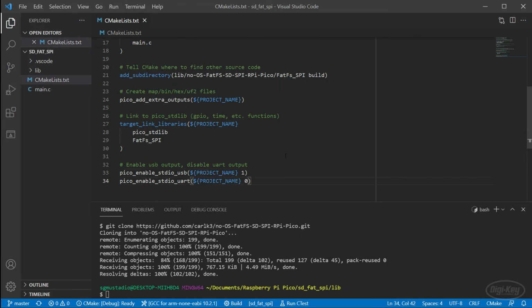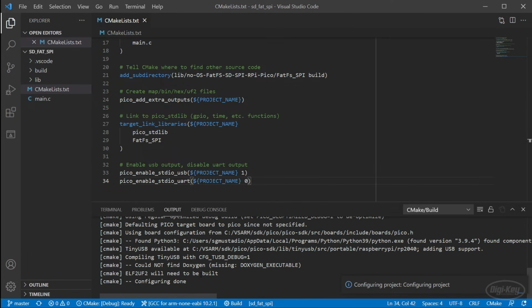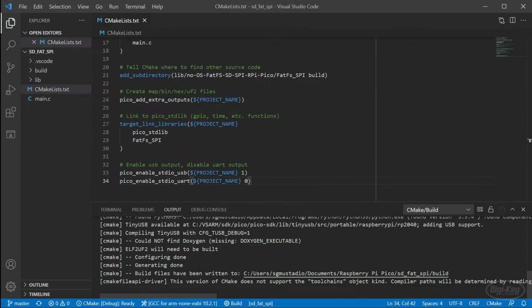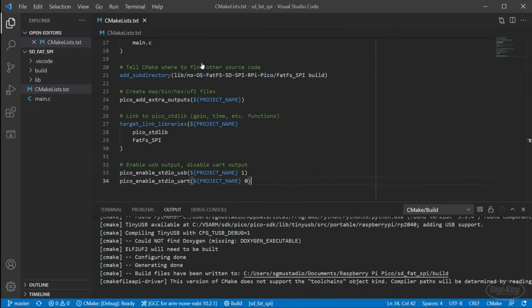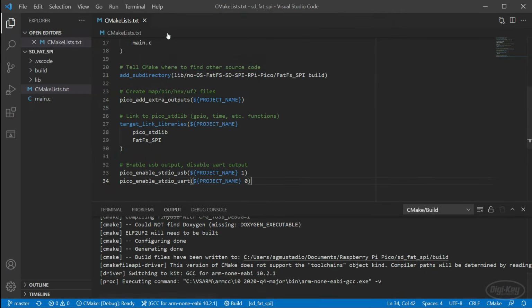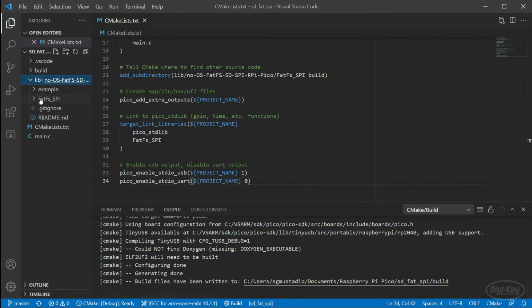Save this file and run CMake if it doesn't run automatically. If you have the CMake extension installed, you might have to select the ARM GCC toolkit and set the build configuration to debug. Go into the SD driver directory in lib, FatFs_SPI, sd_driver, and open